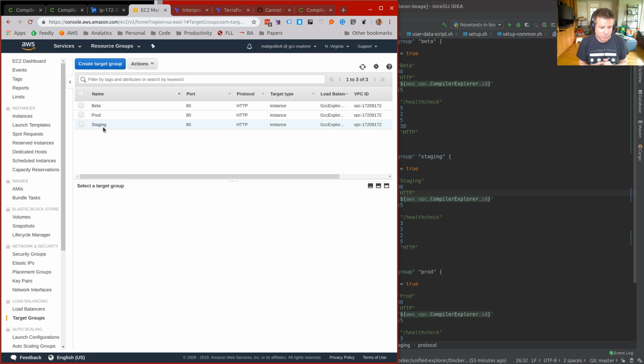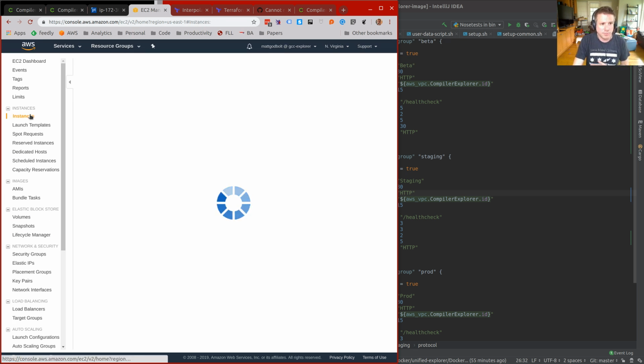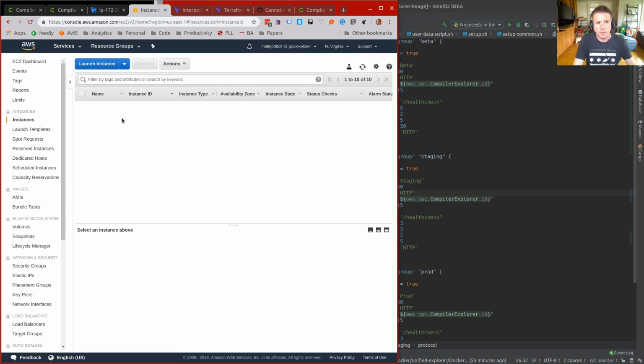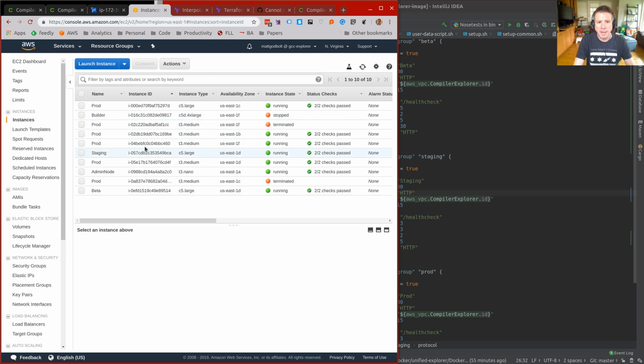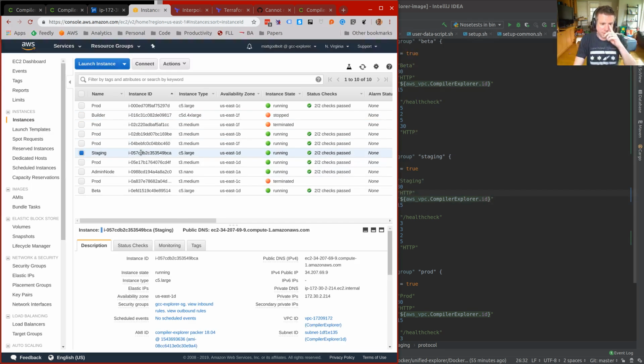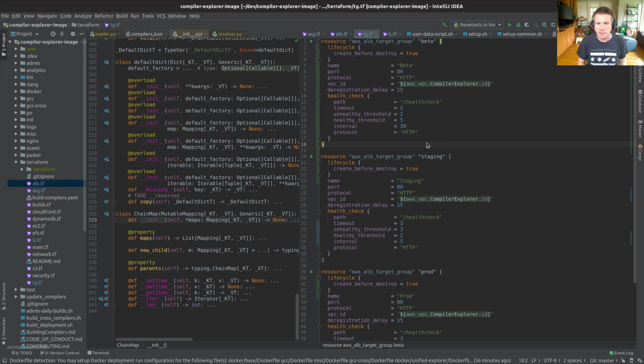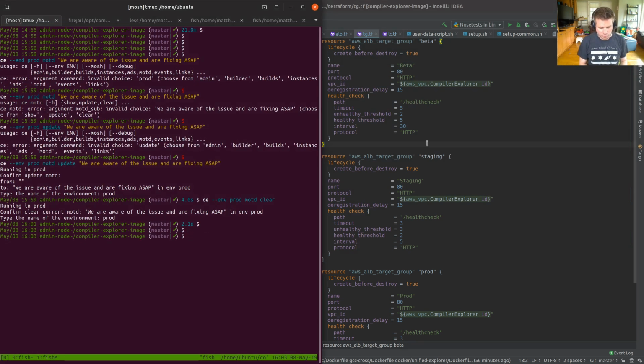We have tests, of course, but tests are never as good as actually just running the thing and seeing if it works. And our test coverage could get a lot better. I'm well aware of that. So this staging group now, do we have an instance in there? Do we have an instance called staging? That would be lovely, wouldn't it? Come on. We do. How lovely, how quaint. We have a staging instance, and it's going to be running, but probably not running the right thing. We're going to have to actually do some Compiler Explorer work to get that working. But let's have a look over here.